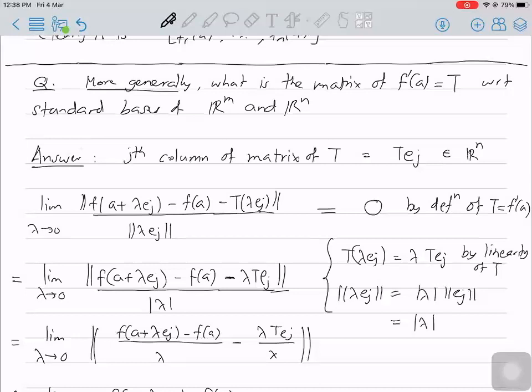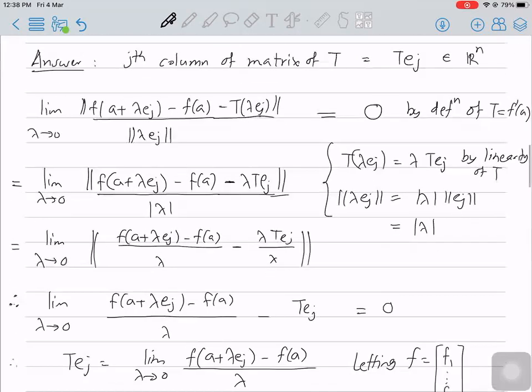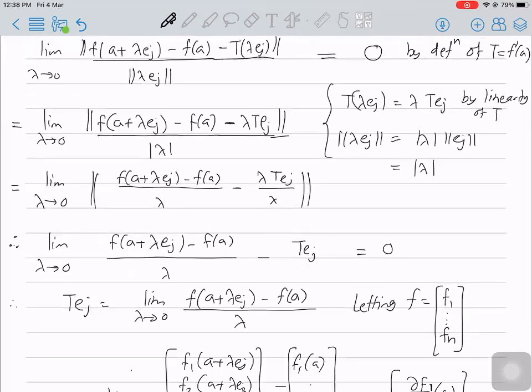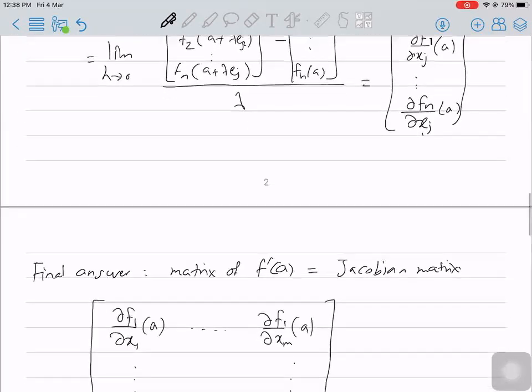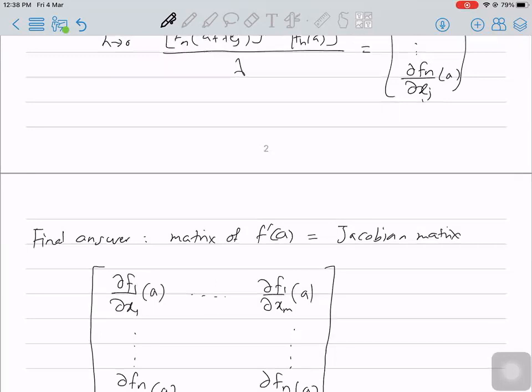So for this question, I am assuming that f prime of A exists, and that means that I started with this original limit being 0, and I deduced that this final limit must exist, right? So I should really write this as a fact. So final answer, we have proved: